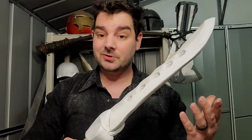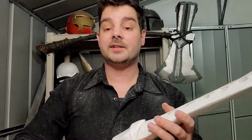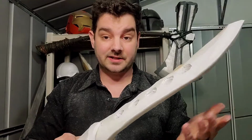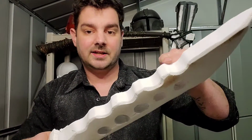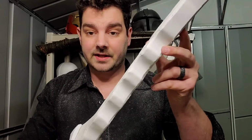Now, again, you can use a little hand sander right here. Take a little bit off, but it's well worth it. I happen to have the belt sander, like I said before, so that's what I'm going to use. I also went ahead and did the 2mm EVA craft foam all along the edge, so everything's all covered up